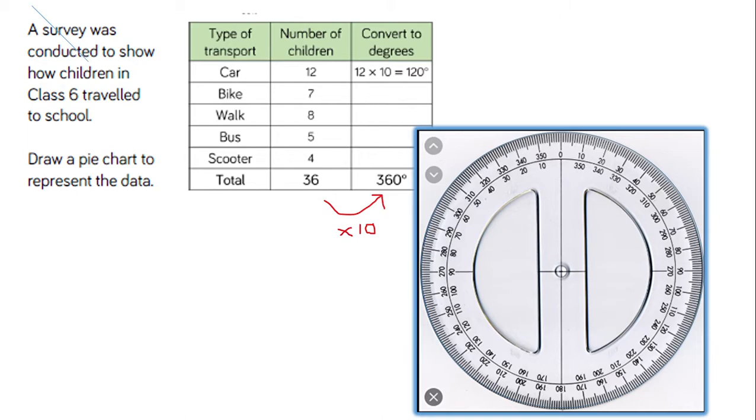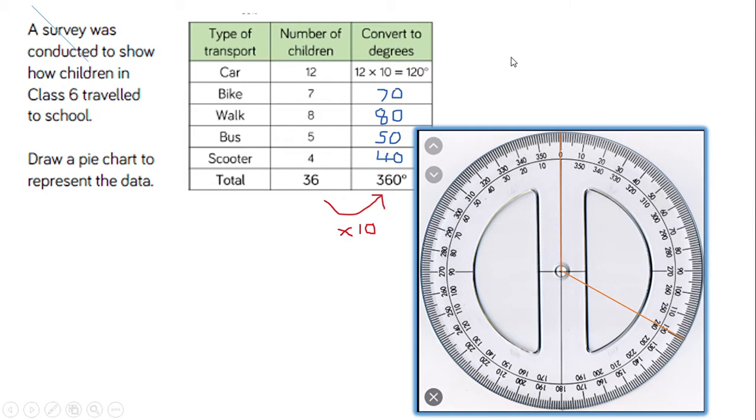Okay, so I finished filling in the charts. I just times them by 10 each time, and then I made sure that adding 120, 70, 80, 50 and 40 actually made 360, and it did. And then I started with the car, so 120 degrees. I drew an angle. I've got a nifty little 360 protractor, but you'd have to do it in different sections with your smaller one. I started on 0 and I drew an angle of 120 degrees. There was my 0 line I drew in first, then I drew my 120 line,